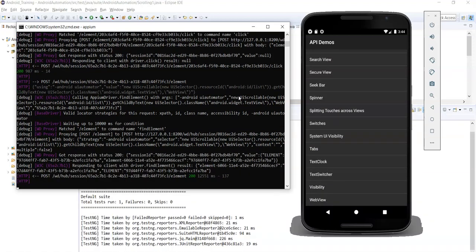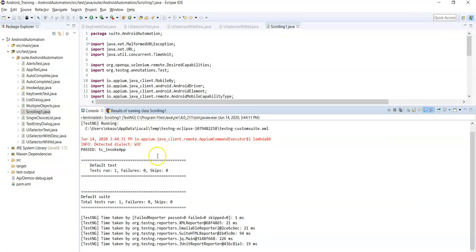Yes, it scrolled down until visibility of the specified element, that is web view, right? So this is how you can scroll until visibility of a specified element using the get child by text method. In the next lecture, let's see how to scroll until visibility of a specified element using the get child by description method. Thank you.